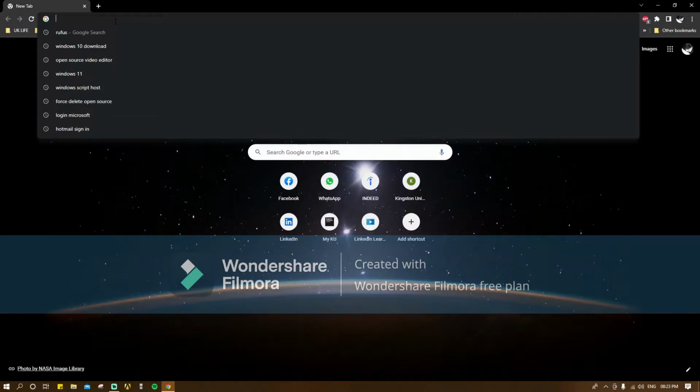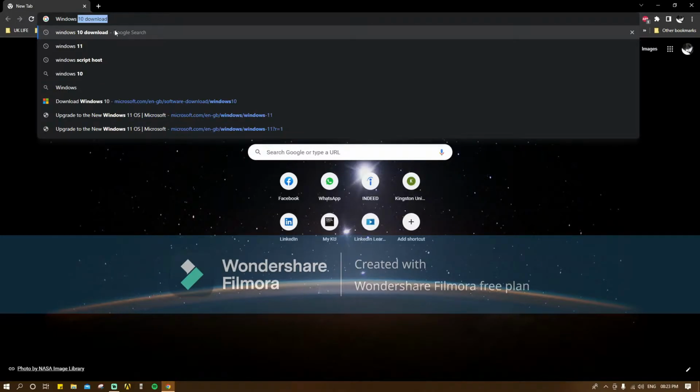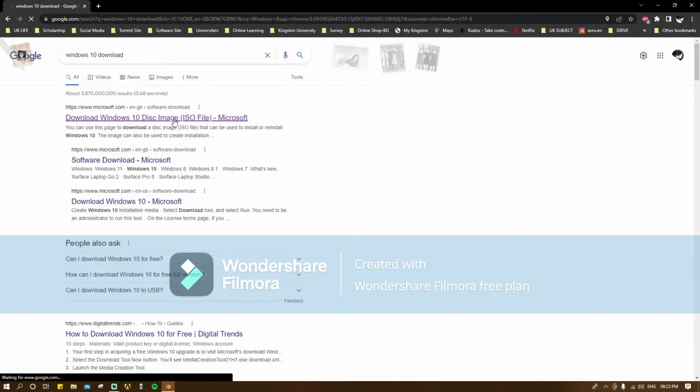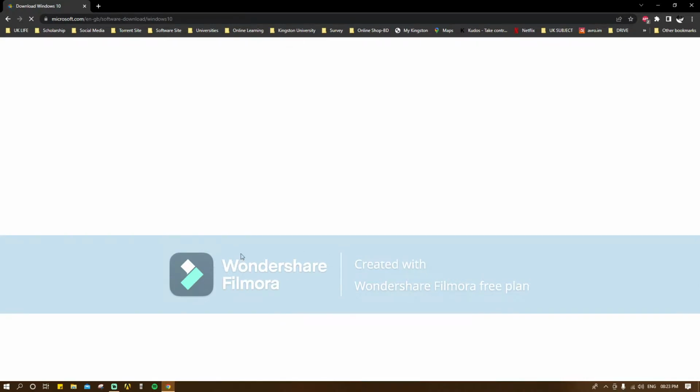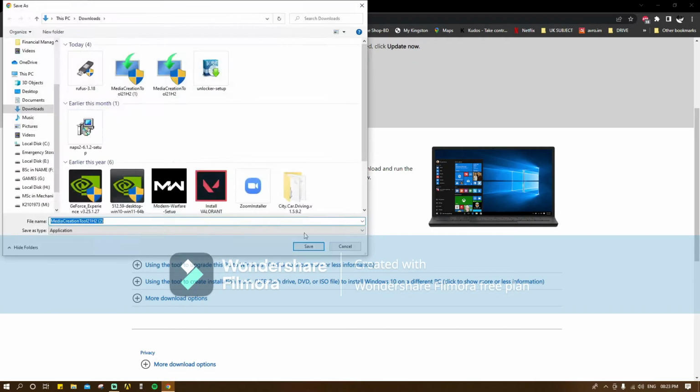So I'll search Windows 10 download, then I'll go to Microsoft's website. If I go a bit down, I'll see create Windows 10 installation media. So first I'll download this tool now, and